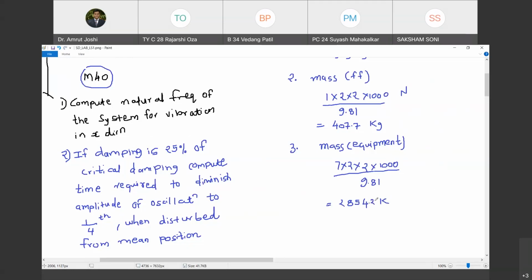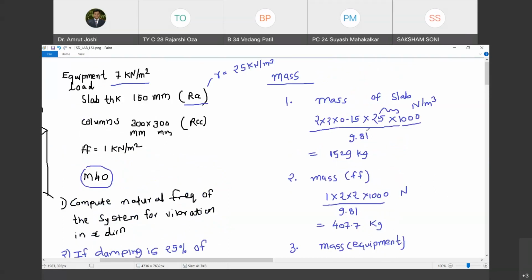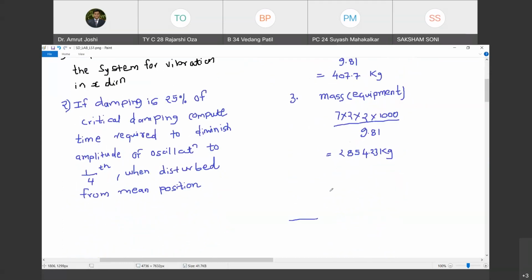Of course, 0.23 is there. That's all right. 0.23 kg. So what is the total mass? Total mass of the system, if I were to calculate, I have to add up all these three things. Mind you, there is no partial safety factor to be applied here because we are not dealing with the design problem. We are only dealing with the structural dynamics problem where all these numbers are deterministic. We are not going to apply any partial safety factor here.